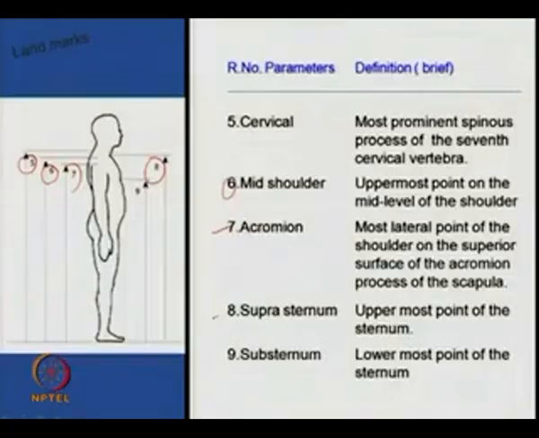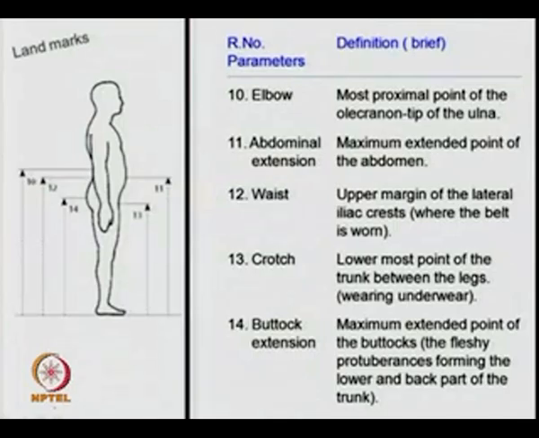Substernum: where this sternum ends, this height is the substernum height, the lowermost point of the sternum. These are some standard landmarks mostly used in anthropometrics, and these are necessary for various